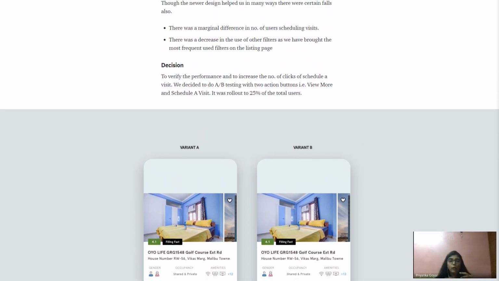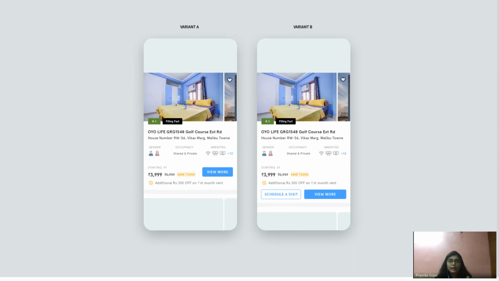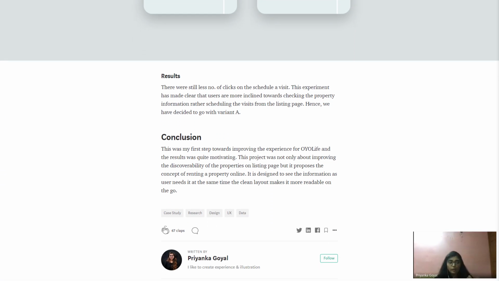If you have done some A/B testing on your designs, it's good to show that. You can show those kinds of variants and talk about what kind of impact they created, what design you finally chose, and what the impact of that final design was. And in the end, it's good to have your insights, which are the results, and the conclusion, which is more about your learning, your personal learning, and your learning for your business. So this is the before and after case study, which is good when you are presenting your case study to your interviewers.